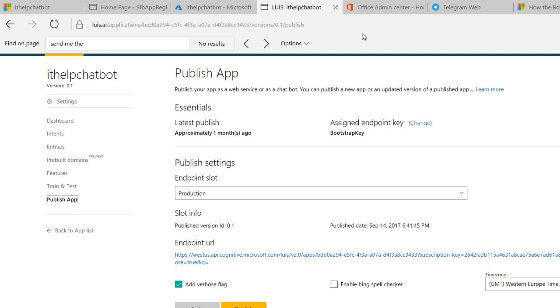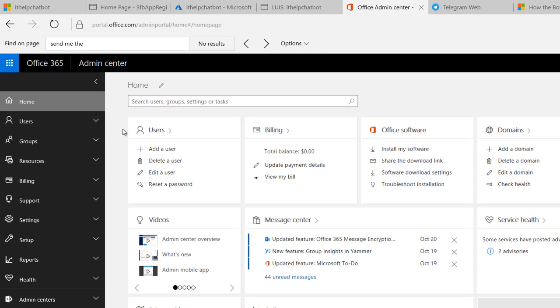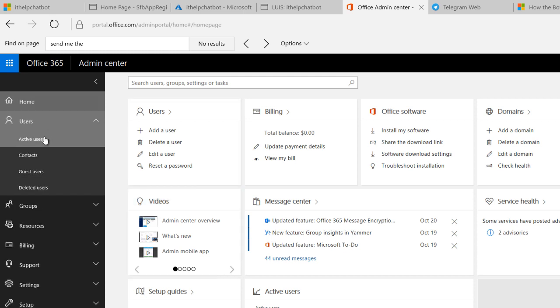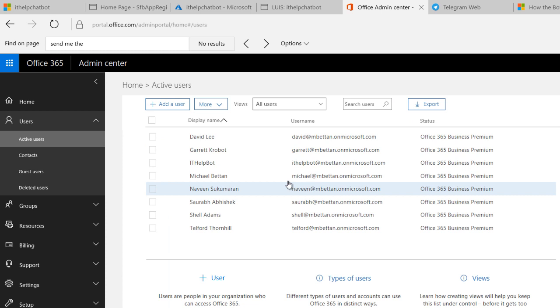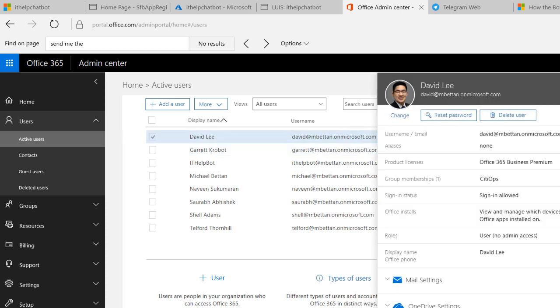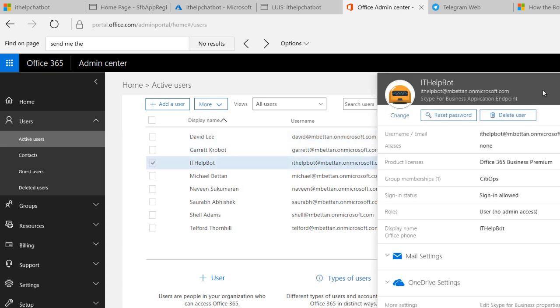If you need a Skype server, you need to install it somewhere. You can use, like my demo, Office 365, which provides you the ability to have Skype, Microsoft Exchange, Active Directory, all online and SaaS-based. I have just created some fake users in order to get the same user experience you will have with your customers. If you go to IT Chat Helpbot, we do have my bot, IT Help Chatbot, which allows me to talk with my bots.